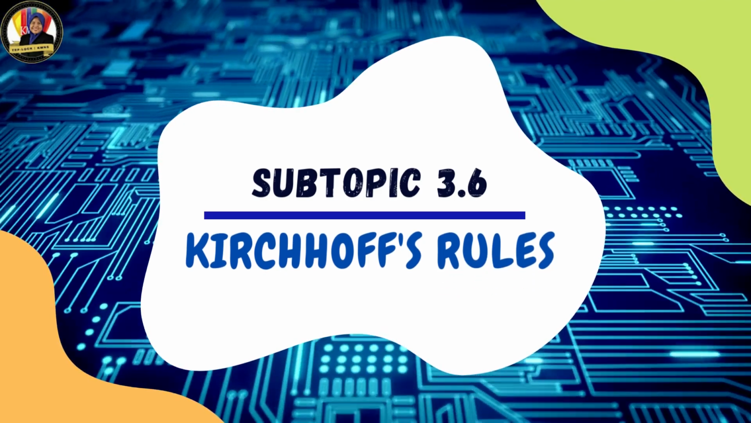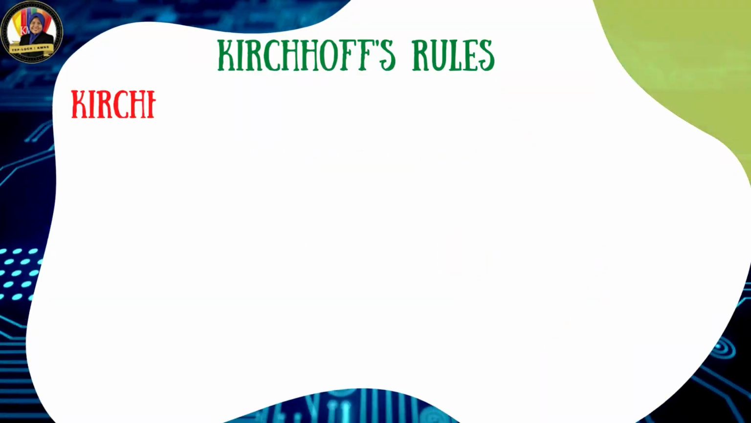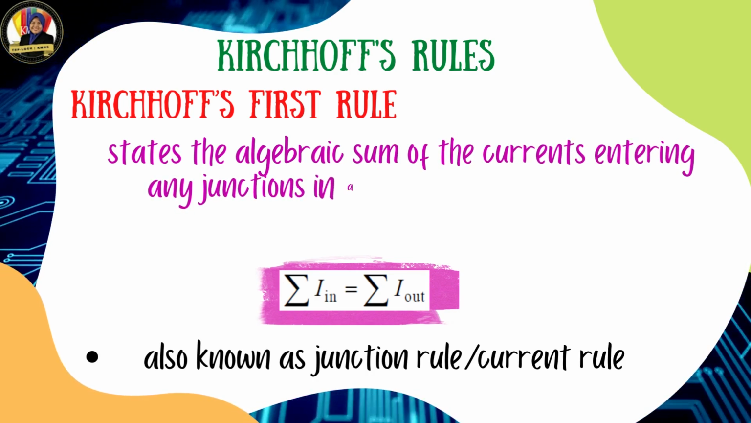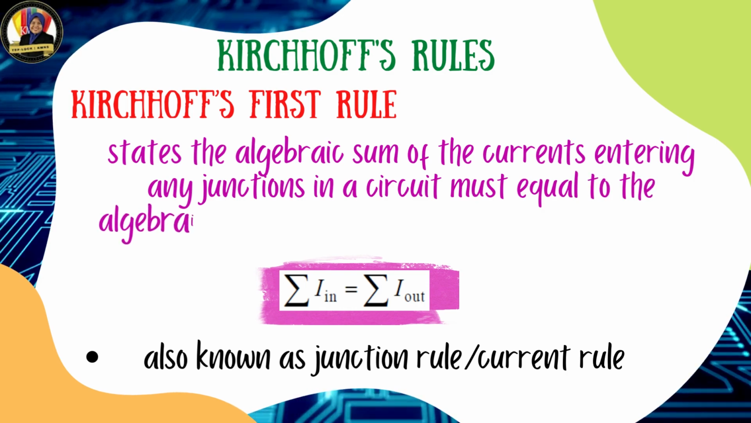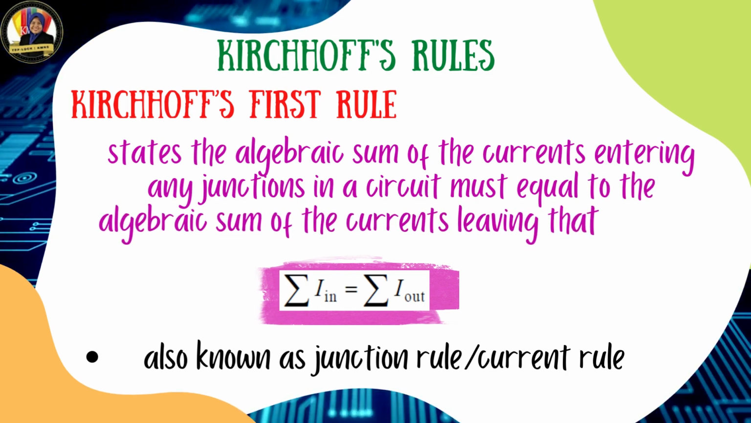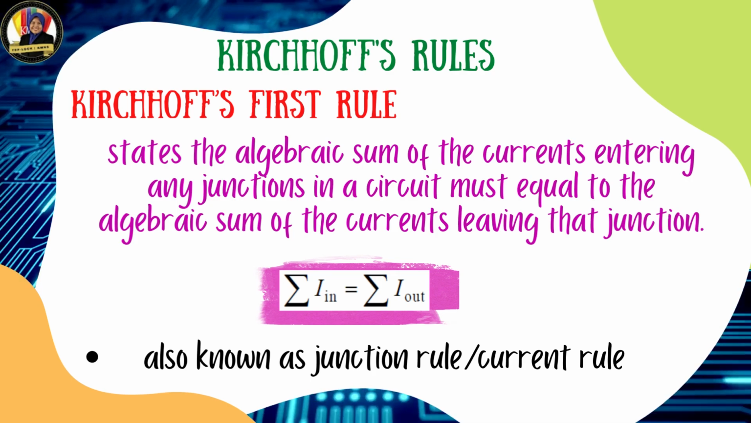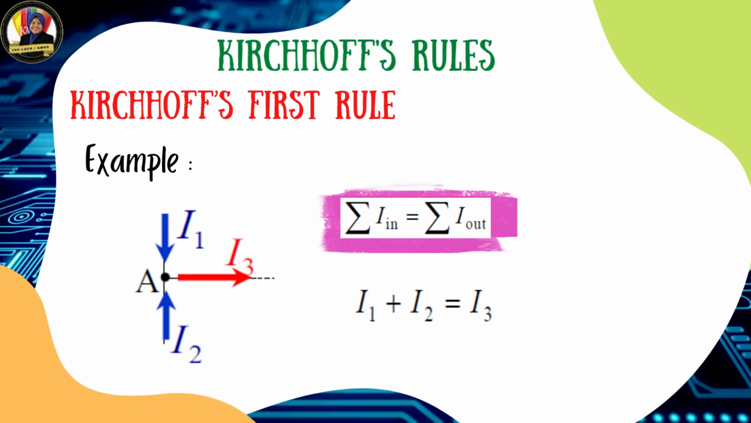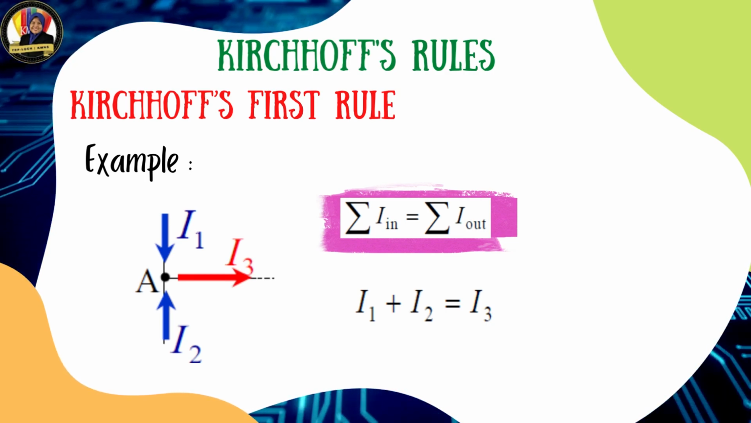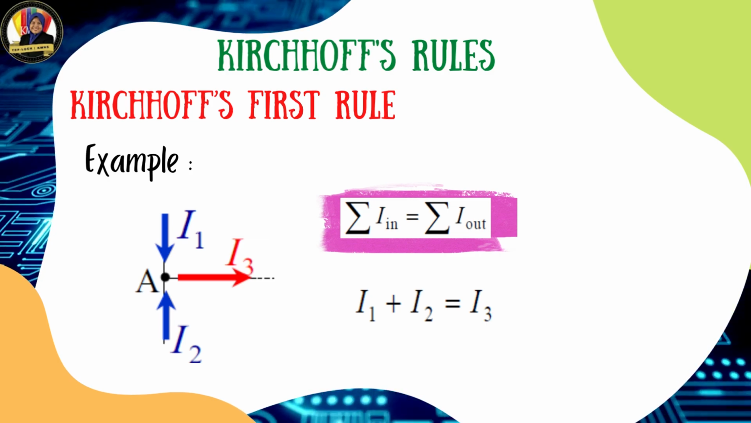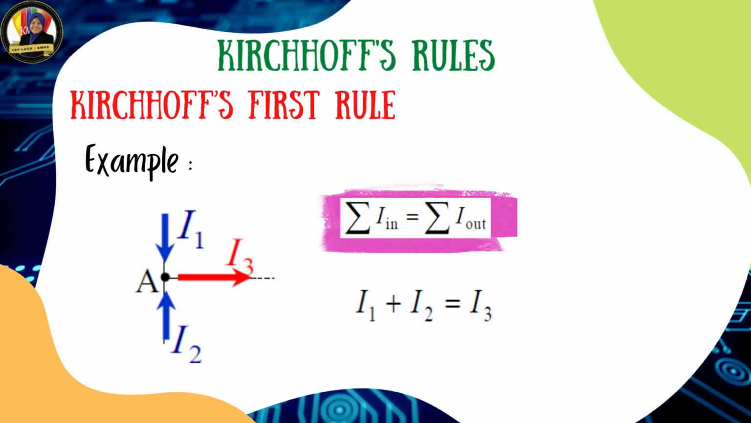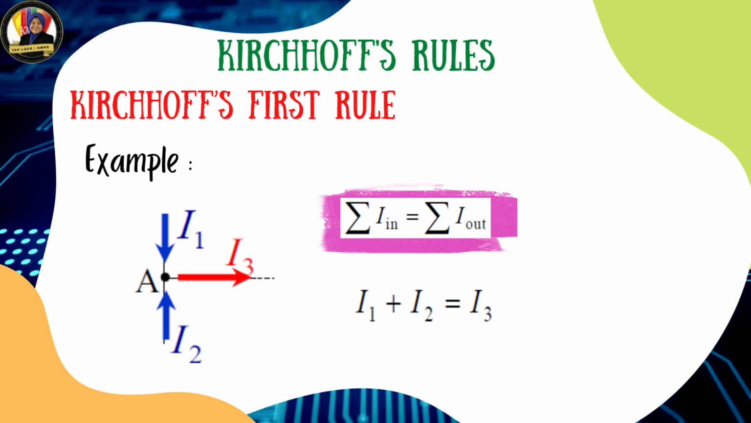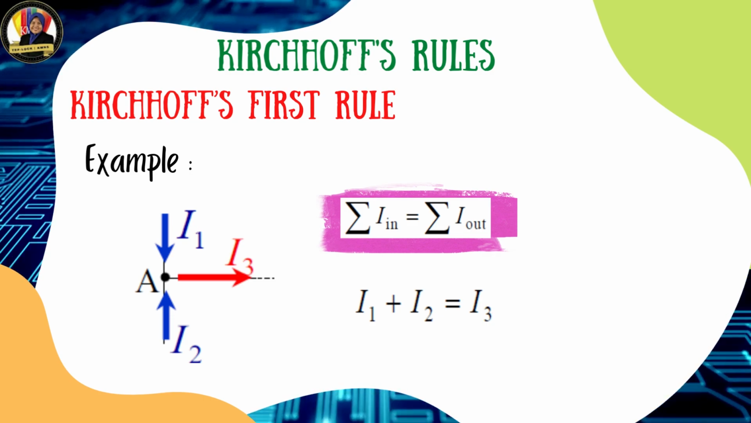Subtopic 3.6 is about Kirchhoff's rule. Kirchhoff's first rule states that the algebraic sum of the current entering any junction in the circuit must be equal to the algebraic sum of the current leaving the junction. It is also known as the junction rule or current rule. This is the example of Kirchhoff's first rule. A is a junction, and referring to junction A, I1 and I2 are entering the junction and I3 is leaving the junction. So we can write down the equation for Kirchhoff's first rule, I1 plus I2 equal